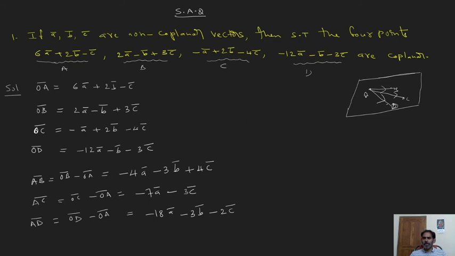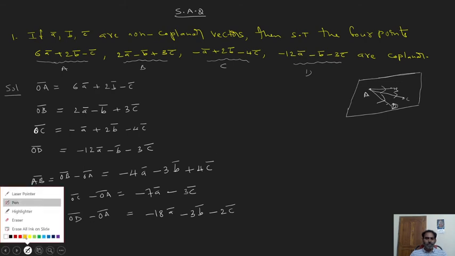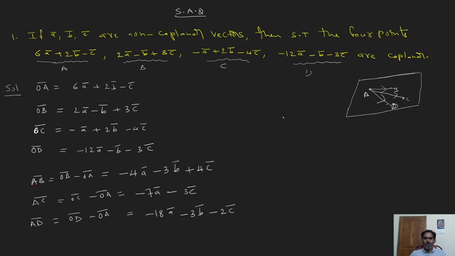So first they have given 4 points, and I am writing A, B, C, D. The 4 points I am converting like AB bar, with A fixed here. Any point we can take as the fixed one. We can find out otherwise BA bar, BC bar, BD bar, or we can write CA bar, CB bar, CD bar. So total 4 points I am converting into 3 vectors: AB, AC, AD. Now find out the determinant of these 3 vectors. This is the process to show the vectors are coplanar.